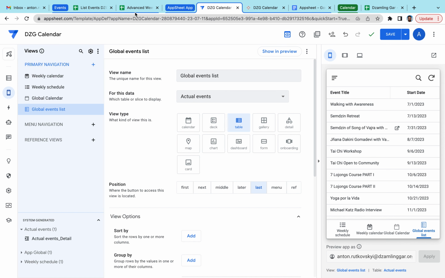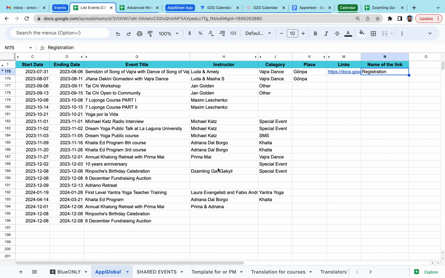Once we set up the process, for example for the global events, we don't need to set up anything. We just need to decide what information we want to show, and know how to add content, like links to materials or registration. We can show how to do this to the Ganchi or communication director, whoever will manage this application.